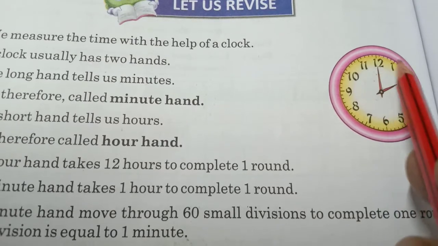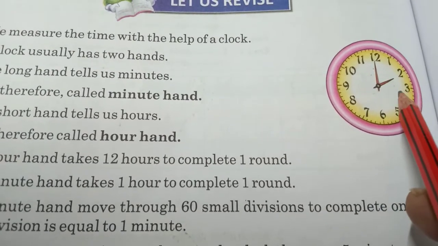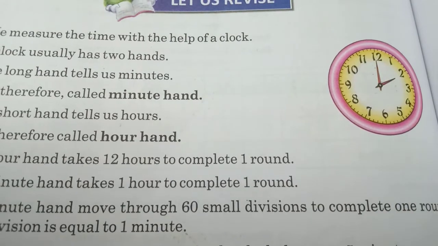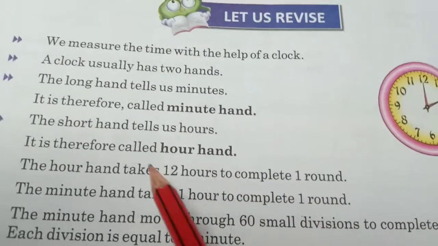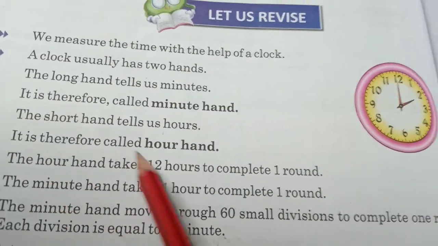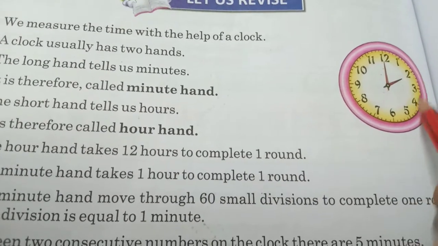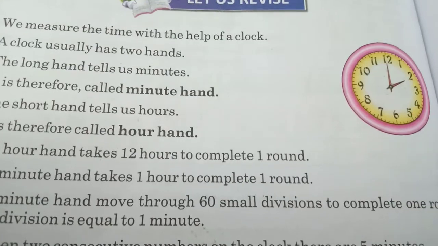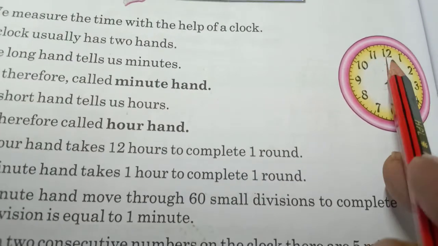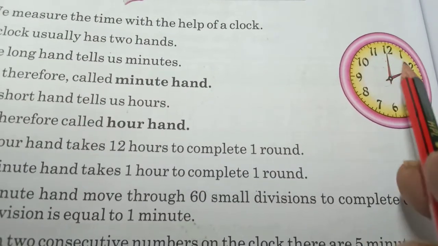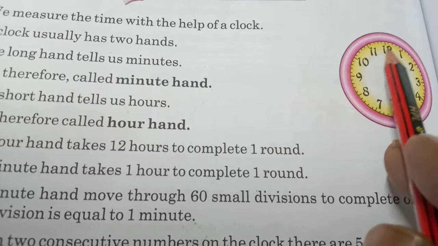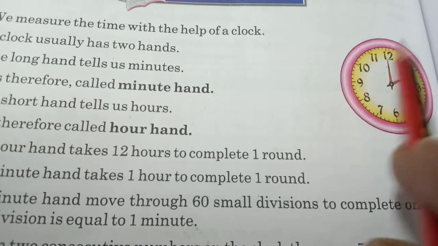So it will move 12, then it will move 1. So this is known as equal to 1 hour. So if this small hand moves from 2 to 2, then 12 hours are completed. If the long hand moves and comes through the same position, it will take